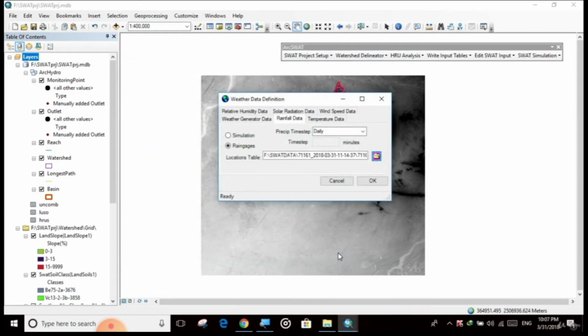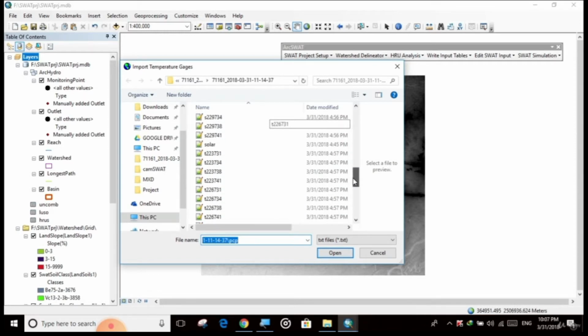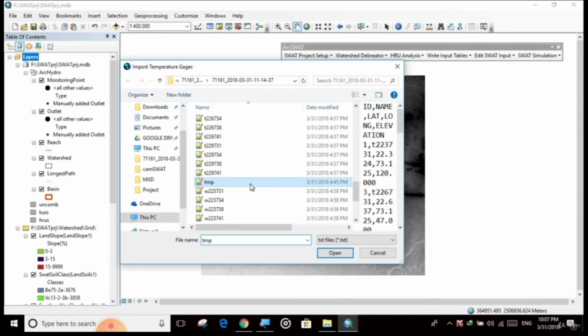Click open. Now click on temperature data. Select climate stations. Location tables, click OK. And for temperature, you have to select the TMP file. This is the index file for temperature. Click open.